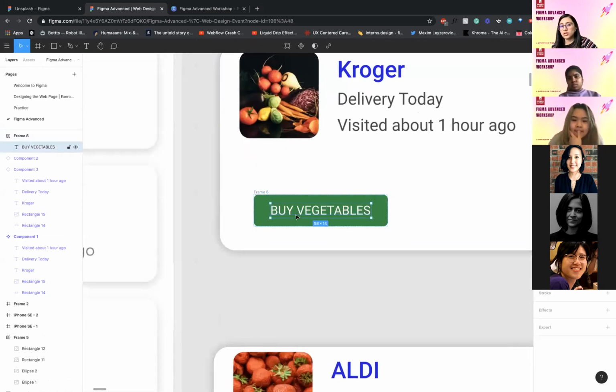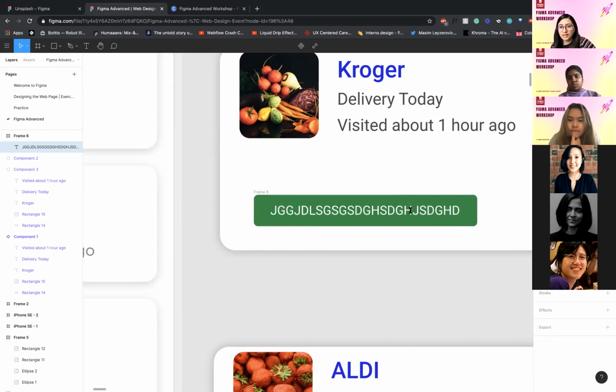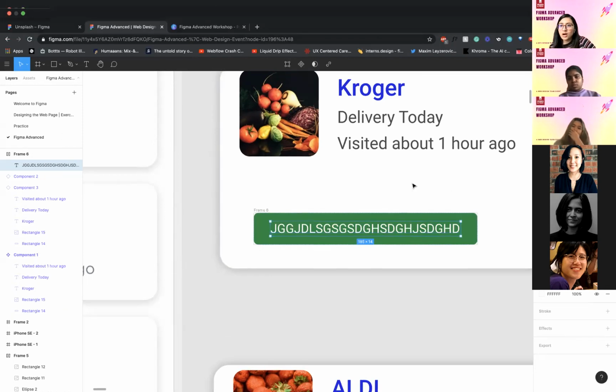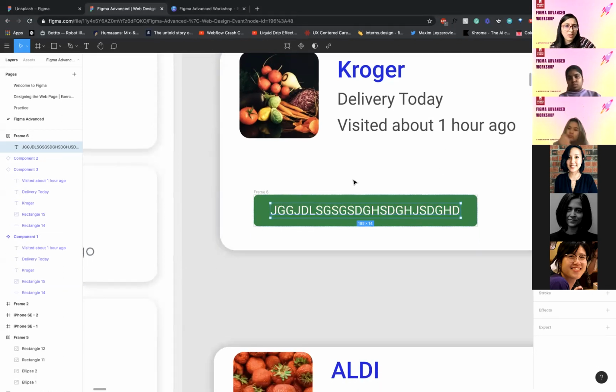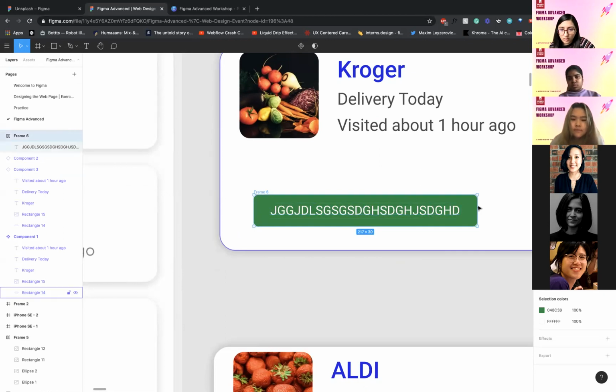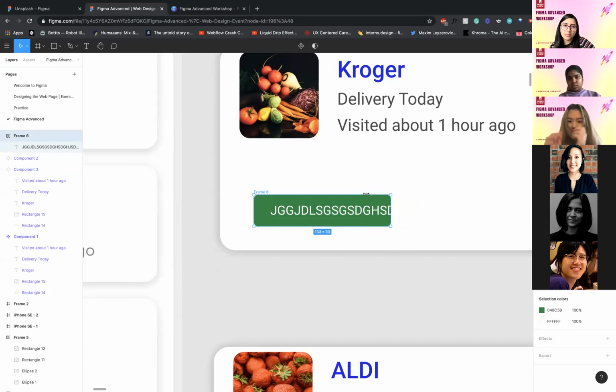Now, what will be good about this is when you just click buy, the button will automatically adjust to the text. You don't have to do it manually. If you add a bigger button, it will keep going like that. So yeah, that is why auto layout is really helpful. My computer is really slow. I apologize. But yeah, so now one thing that is problematic is when I reduce the size of the button,